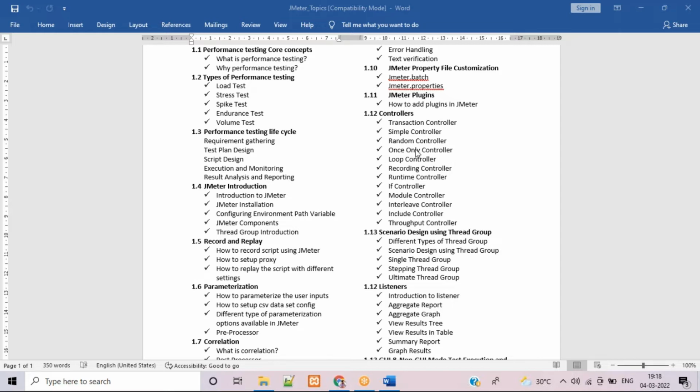Right? Once the controller and scripting phase is completed, then we will move to scenario design using thread groups. Here we're going to design whatever scenario we want to execute, like a load test, stress test, spike test, or endurance test. Whatever we want, we can design using the thread group. For that, we're going to use the ultimate thread group, stepping thread group, step up thread group, and tear down thread group. By using these thread groups, we're going to design the scenario, and we're going to see how to run the test in GUI mode. GUI mode means graphical user interface mode, and we're going to use listeners to get the results from that